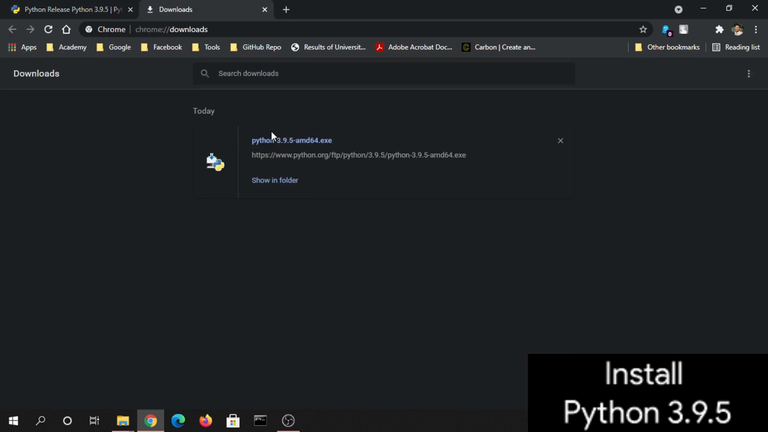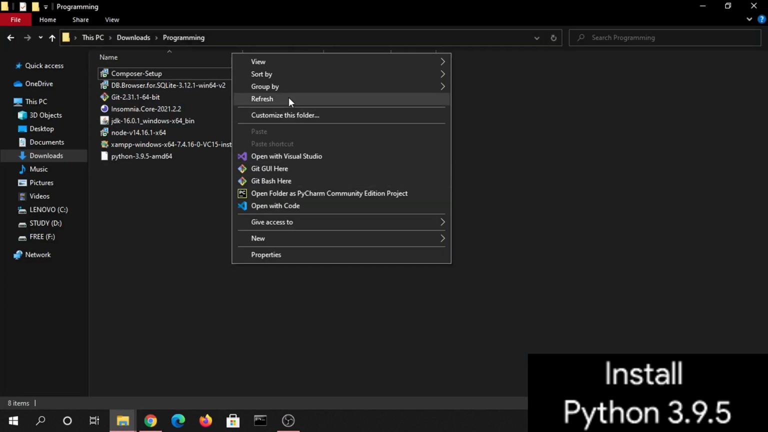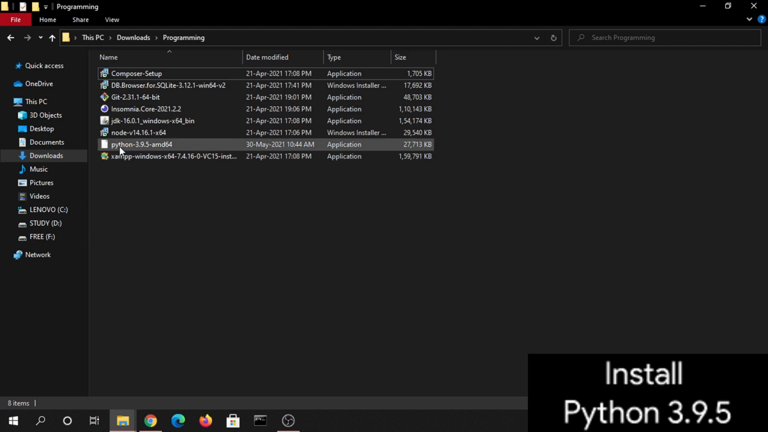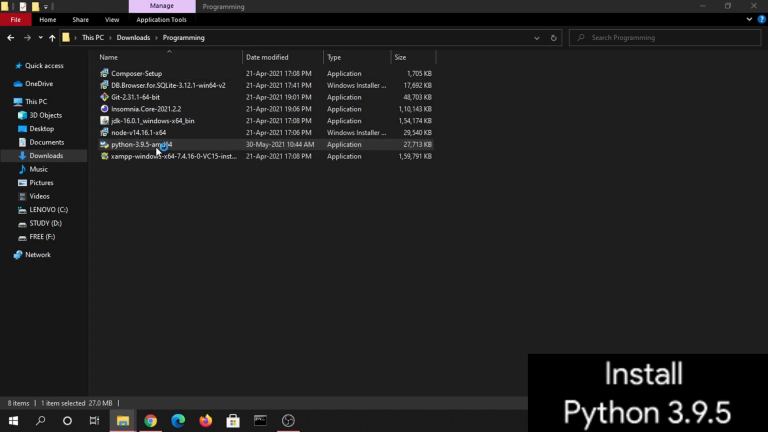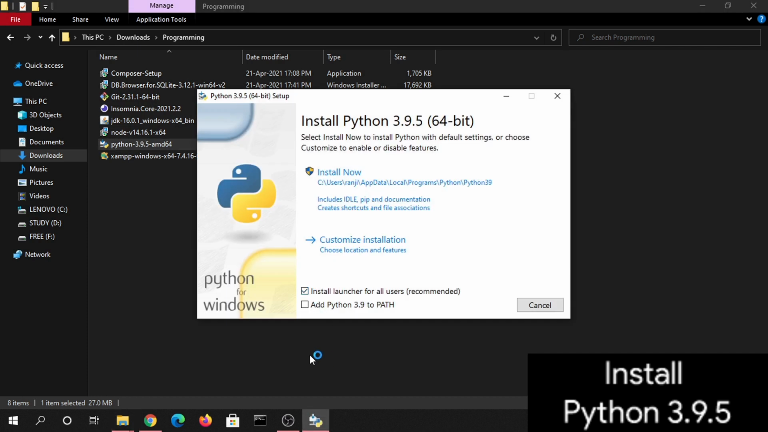Now, as you can see, the file has been downloaded. Now let's open in the folder. This is Python 3.9.5 installer file which we have downloaded. Just double click and here in this dialog box